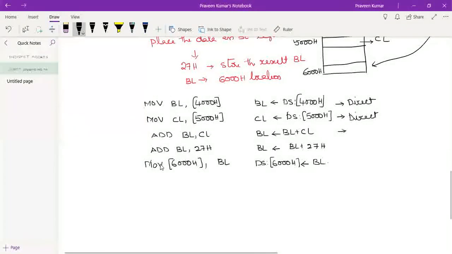What about this one? It is giving the registers. The data is available in the register, so it is register addressing mode. What is this one? It is immediate, because the data is available in the instruction itself. And this again is direct addressing. So we fundamentally covered three different addressing modes, and we'll be coming back to learn the next type of addressing mode, that is indirect addressing mode. Thank you.